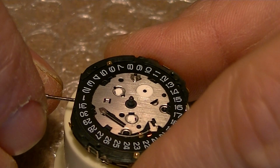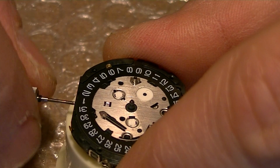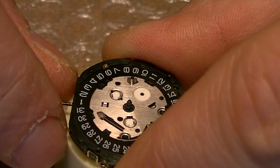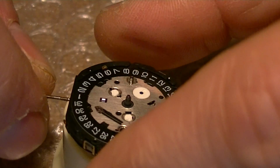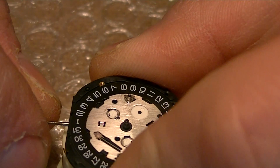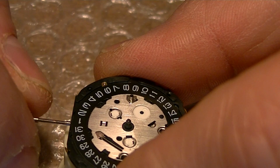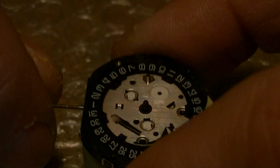A 7T3 movement. This is the crown. When it's fully in, it doesn't do anything. When you push it 2 clicks out, so I will repeat it without talking so you can hear it, you can set the time. And as you can see,